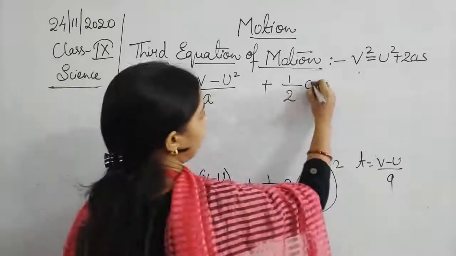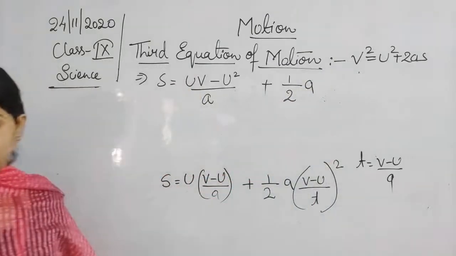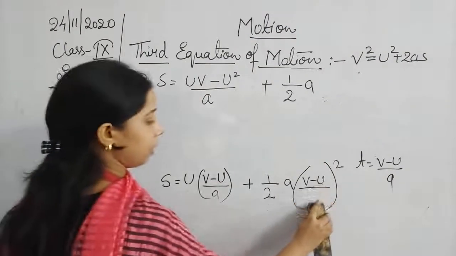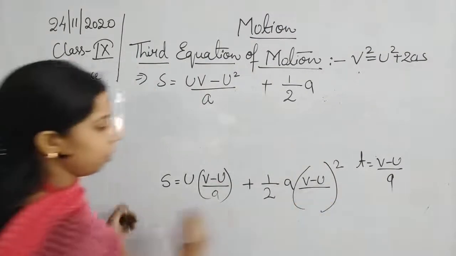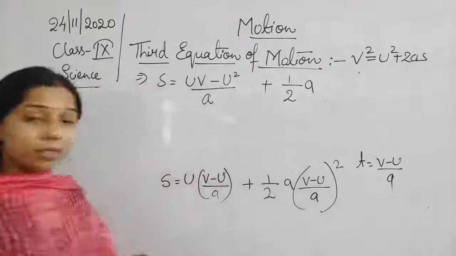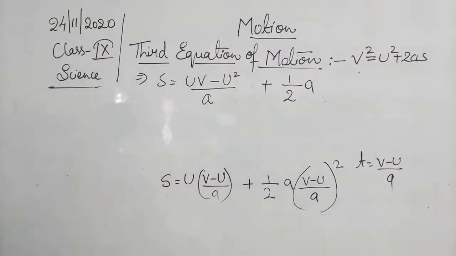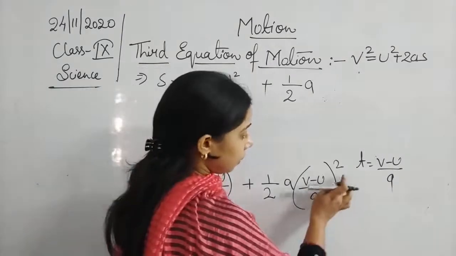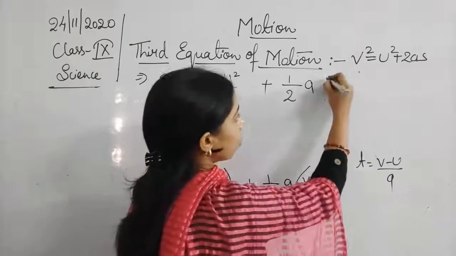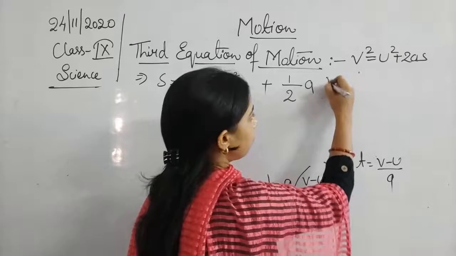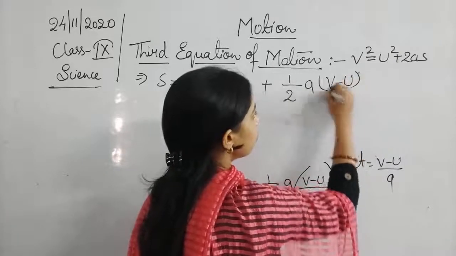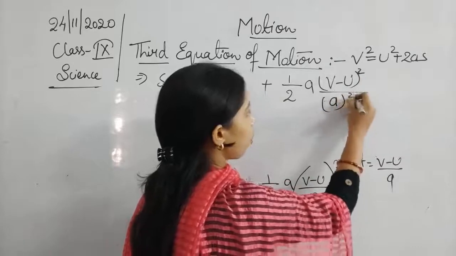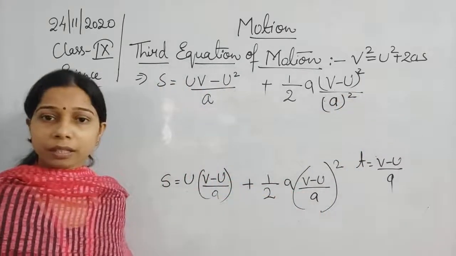So it will be like, student. Now, you see, it will be A here. I'm so sorry for that. It will be A here. Okay. Now this is the whole value. Now you see what happened here. This is square. We can also write this equation as A times (V minus U) square upon A square. I don't think that there will be an issue.